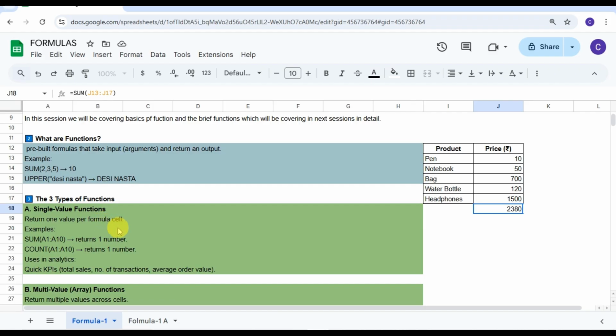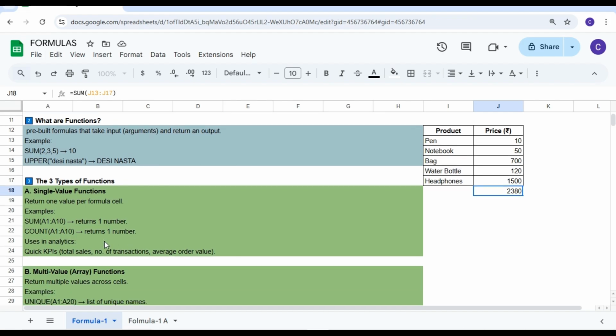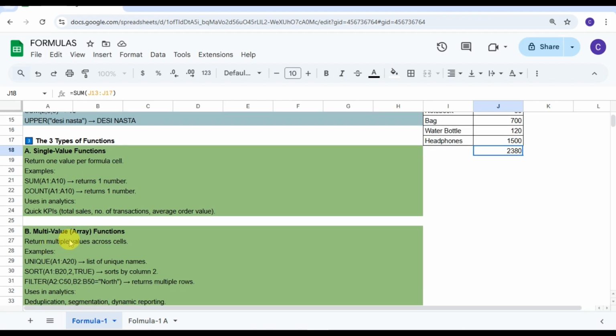How they operate is, when we pass the entire range, they give an aggregated value in the form of summation, minimum, maximum, average, etc. We can use n number of formulas like that, like SUM, COUNT, COUNTIF. COUNTIF is basically the conditional count. And the other kind of formulas are multi-value formulas.